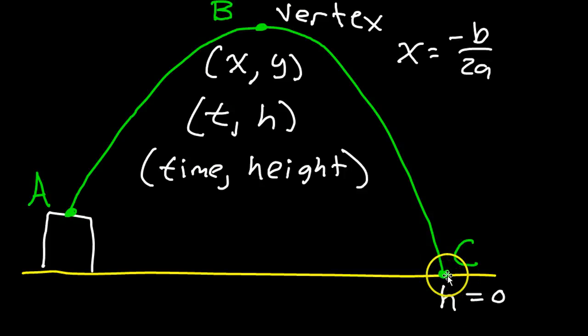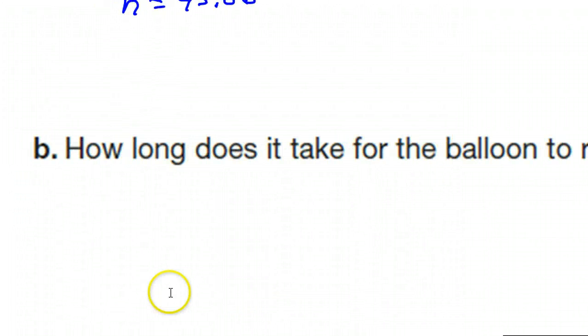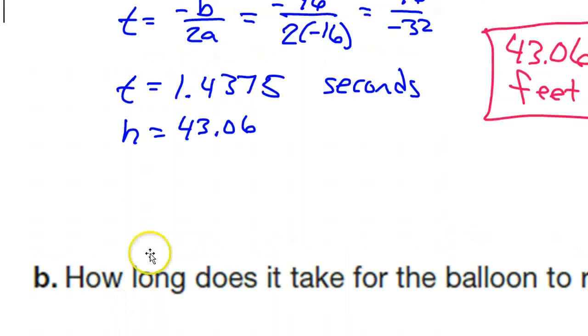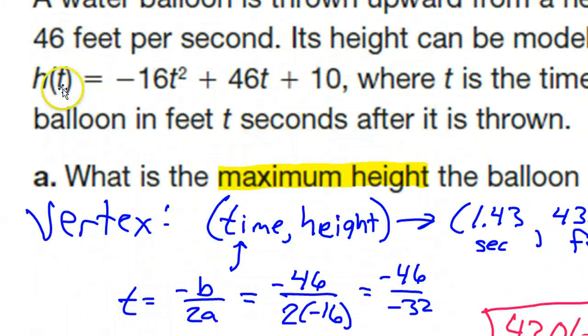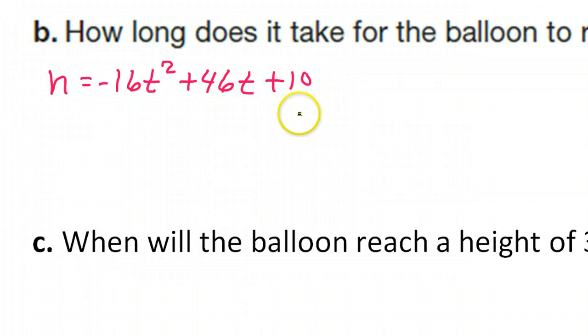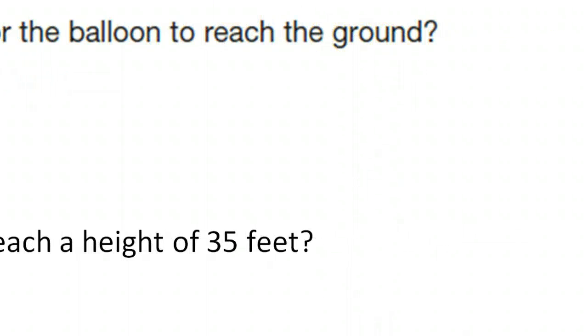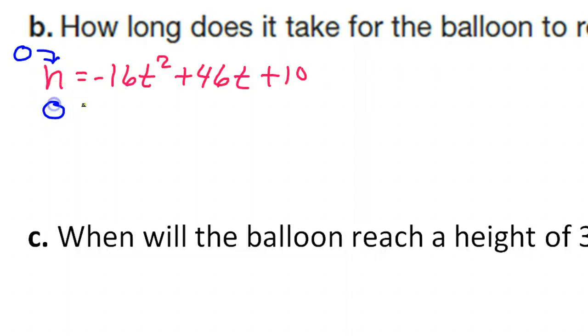Alright, so the only thing we know about point C is that the height here is 0, because this is where it hits the ground. Whenever you're dealing with that position, that means the height is 0. So we're just going to plug in 0 for the height. Let's just copy this down. Alright, so this is the function. I just copied it down. But if we're talking about the balloon reaching the ground, that means that the height is